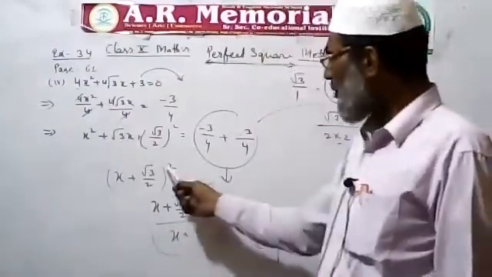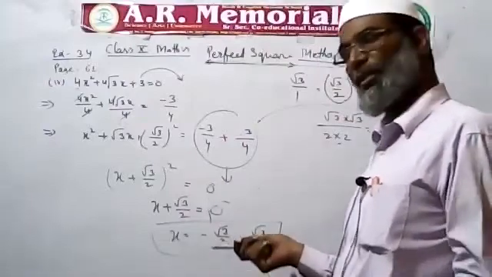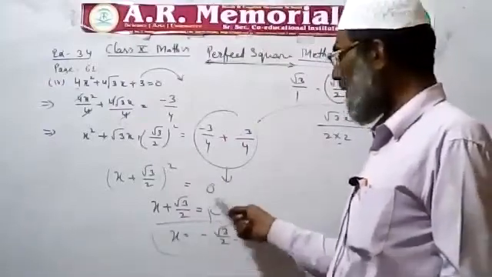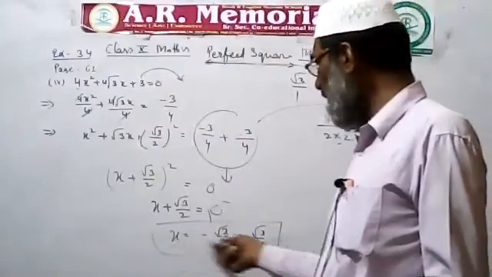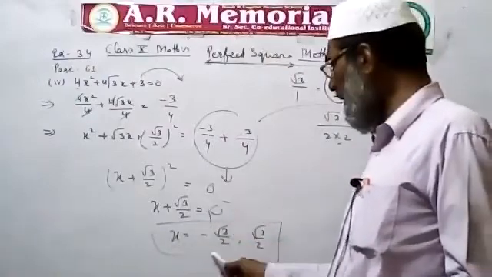Now come here. The square goes to the other side. 0 is under square. Now put the under root, so 0 is also there. Now put it on this side. Only a single way is there. You can write it in double also.